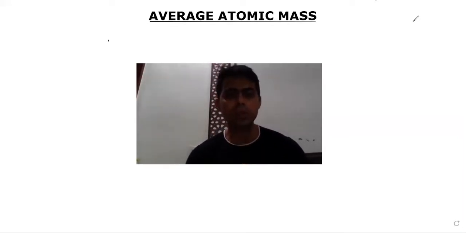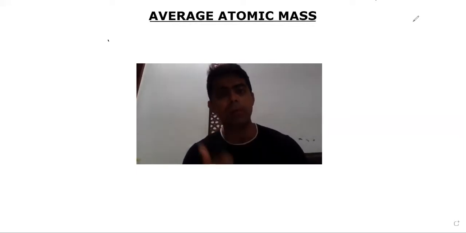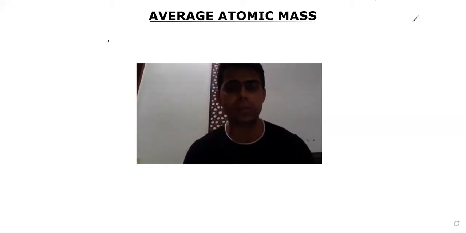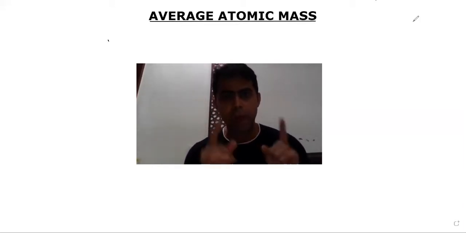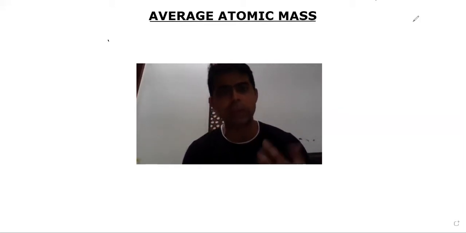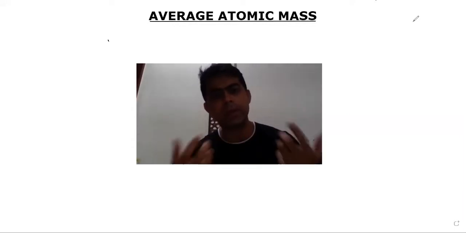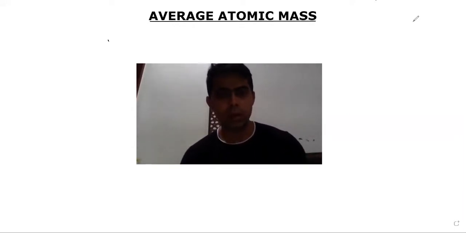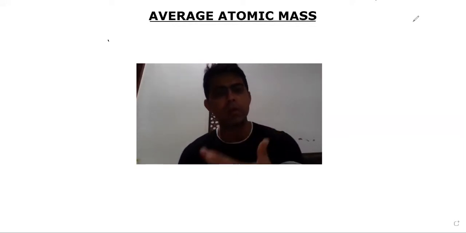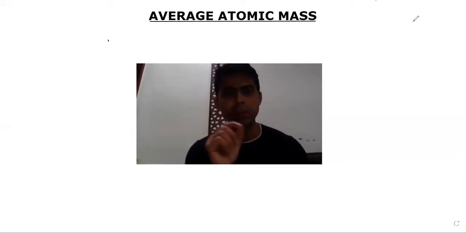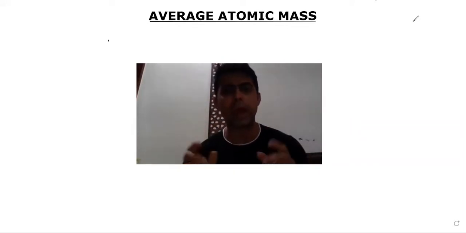Now, using their percentage and using the atomic mass, we calculate the average atomic mass of chlorine which is used in calculations. So in calculations we do not use the actual atomic mass. An element has different isotopes. For example, I told you chlorine, and for example neon. Now neon is of three types, neon 20, 21, 22, three atomic masses. So which one will you use in calculation? So you take the average atomic mass of all three isotopes.